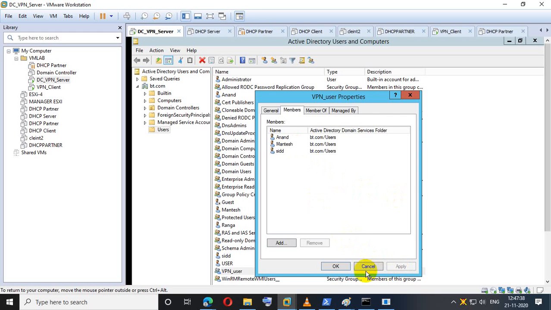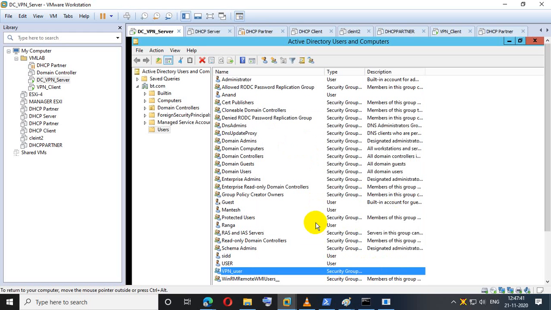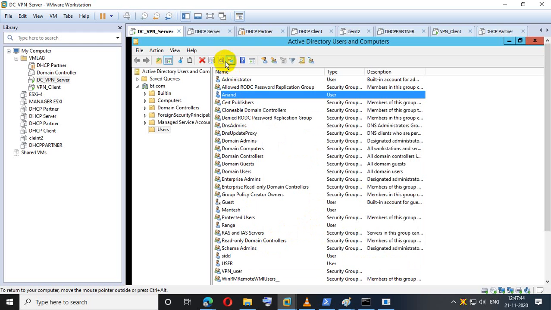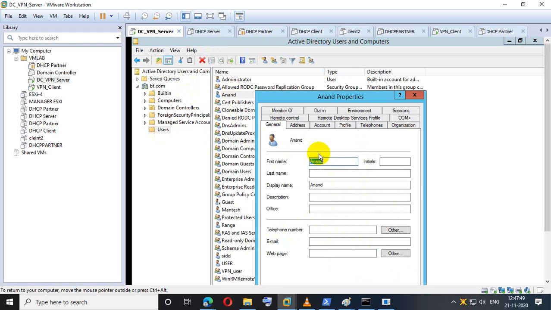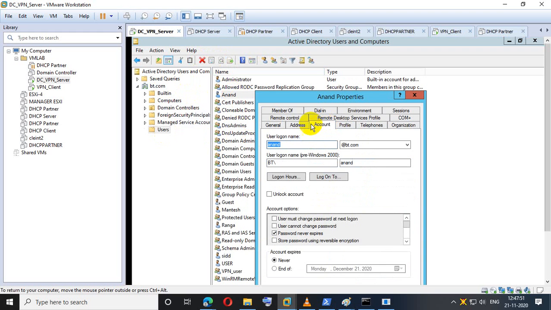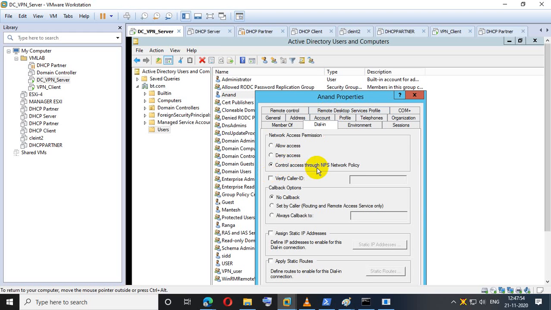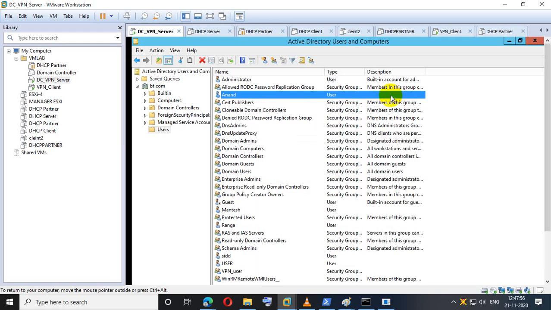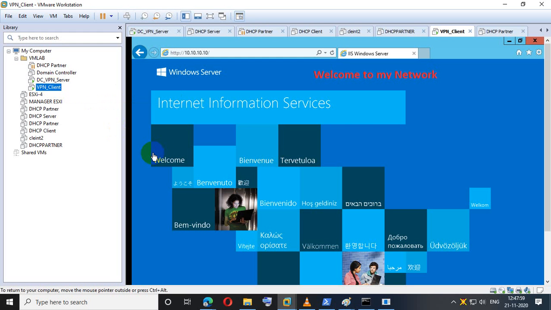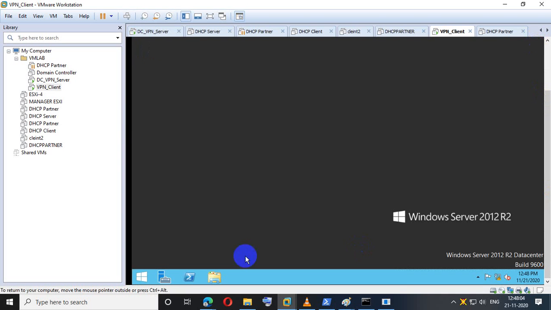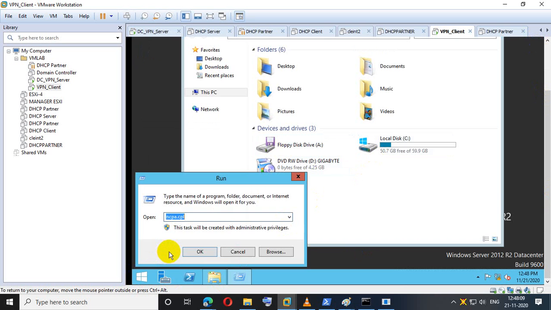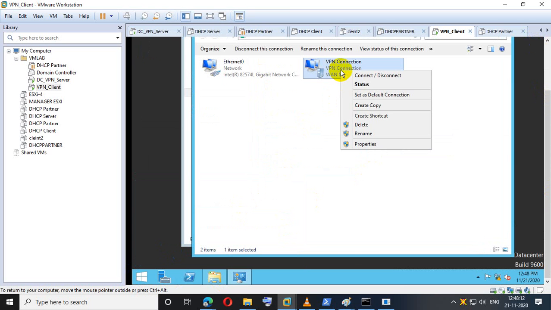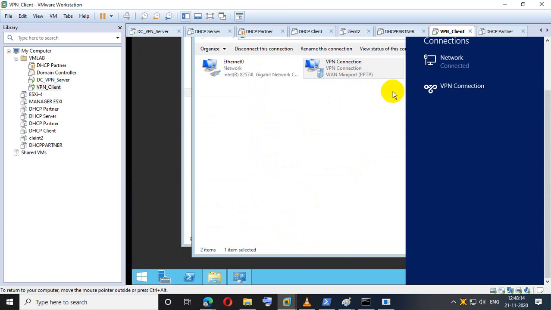So after I click on apply, if we click on Anand, just a minute. Dial-in, the same control access through NPS network policy. I'm showing you Anand can connect the VPN client without enabling his control access. Okay, so I'm going there. Disconnect.